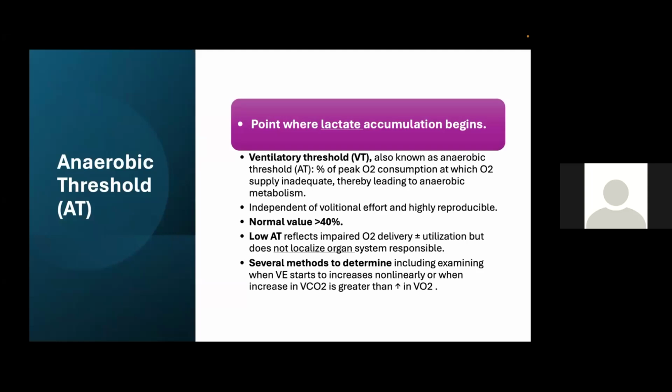Then at the peak of exercise, the aerobic metabolism will change to anaerobic metabolism. So identifying the point at which the patient starts to accumulate lactate is a really important parameter to know, to better understand the prognosis, and I will show you in another slide how this parameter helps us